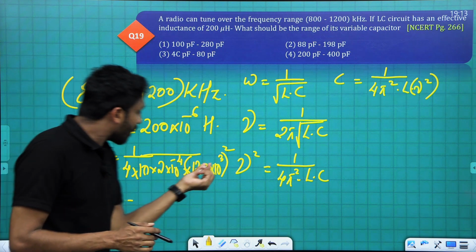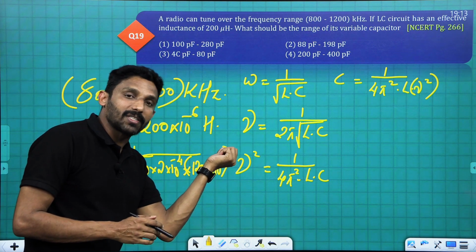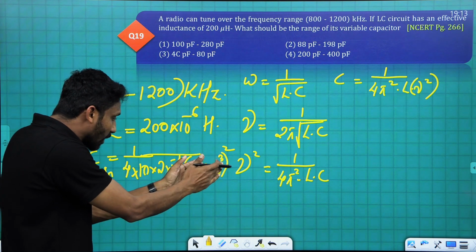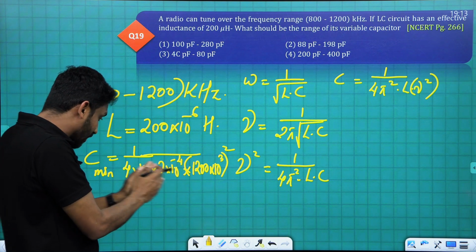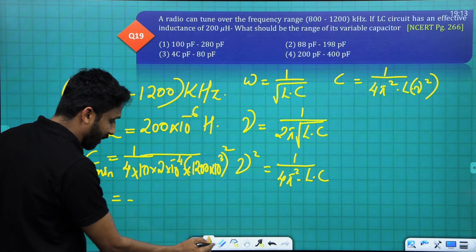10 raised to 3 into 10 raised to 2 is 10 raised to 5. And the square of 10 raised to 5 is 10 raised to 10. 10 raised to 10 into 10 raised to minus 4 is 10 raised to 6. 10 raised to 6 into 10 is 10 raised to 7. To the numerator, it is 10 raised to minus 7. That's finally